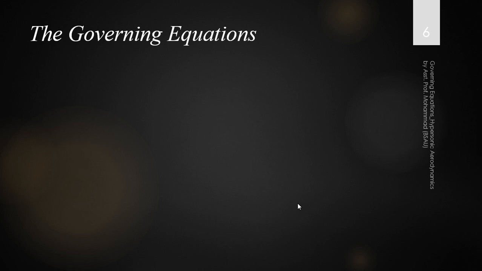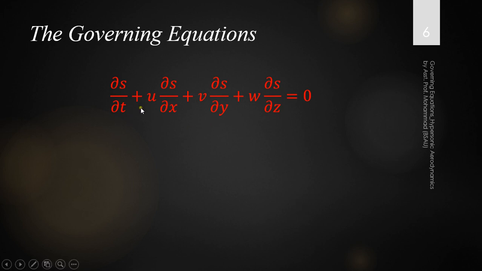Then we have the energy equation. If energy is conserved, we go into the mode of understanding that the entropy is conserved and there is no loss of energy, so entropy remains conserved. So we write S, and if entropy is conserved, then it should be like this. This is the time rate derivative of entropy, and these are the spatial derivatives of the entropy. This is similar to what you see in the mass conservation. Now the question is,